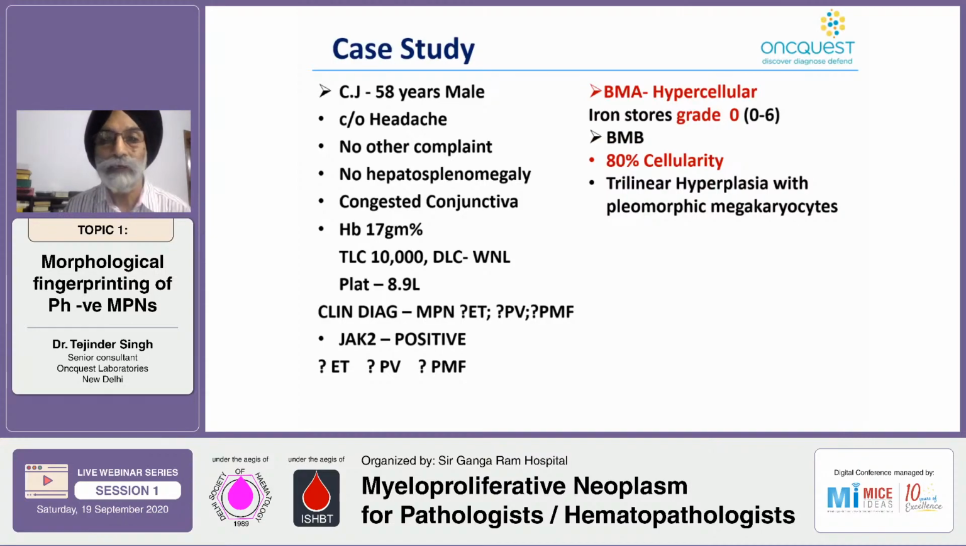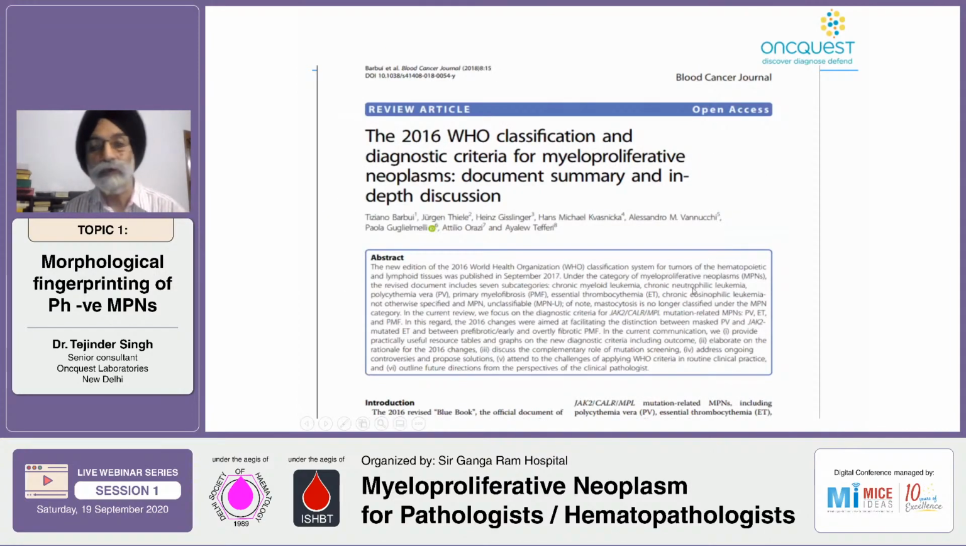So what can clinch the diagnosis is the bone marrow. Bone marrow was hypercellular. Not only that, there was a trilinear hyperplasia, and the iron was grade 0. So 80% cellularity, panmyelosis, picture is suggestive of polycythemia vera. Though we have JAK2, we have all the parameters, the diagnosis could be clinched only on the bone marrow biopsy. So that is why the morphology of myeloproliferative neoplasms has assumed a lot of importance in making a